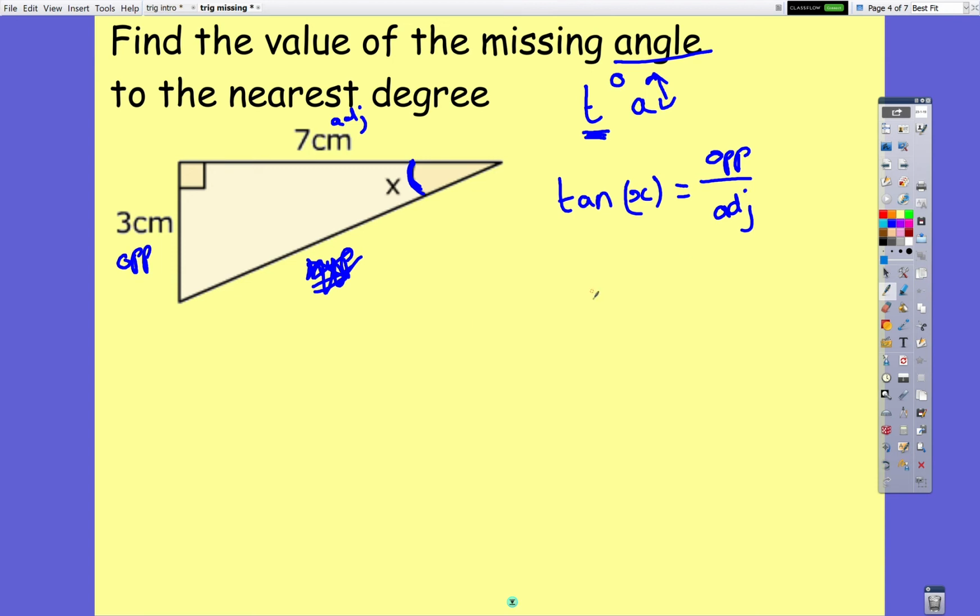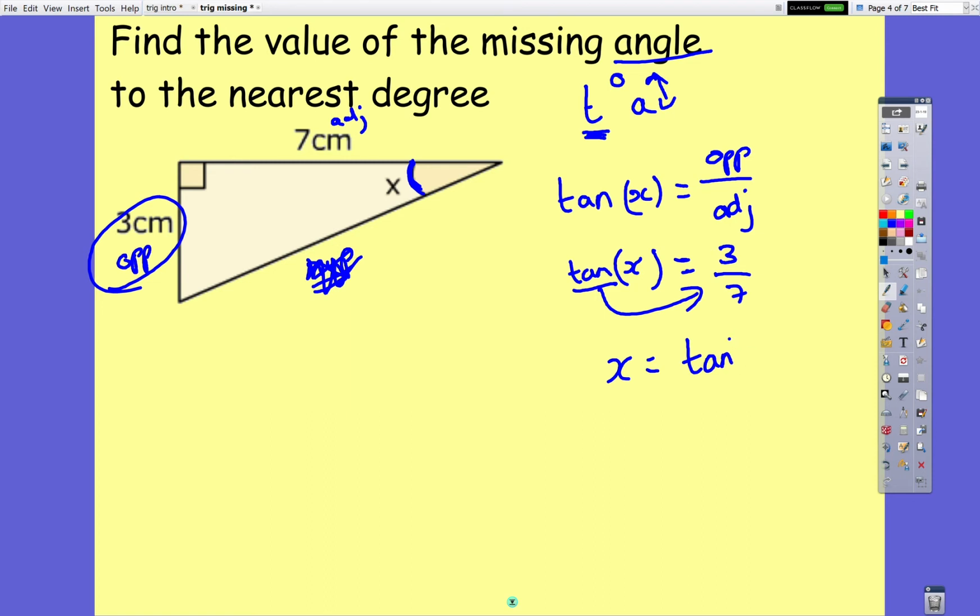Okay, so we've now got to fill in the missing gaps. We've got tan x, we don't know. My opposite we do know, which is 3. My adjacent, which is 7. Okay, now we're nearly there. We need to shift this over to the other side. So we've got x equals, remember to hit shift on your calculator, top left, and then hit the tan button, which gives you tan minus 1, opens up a bracket, and this pops in there, 3 over 7, close your bracket, hit equals, and you should get an answer of